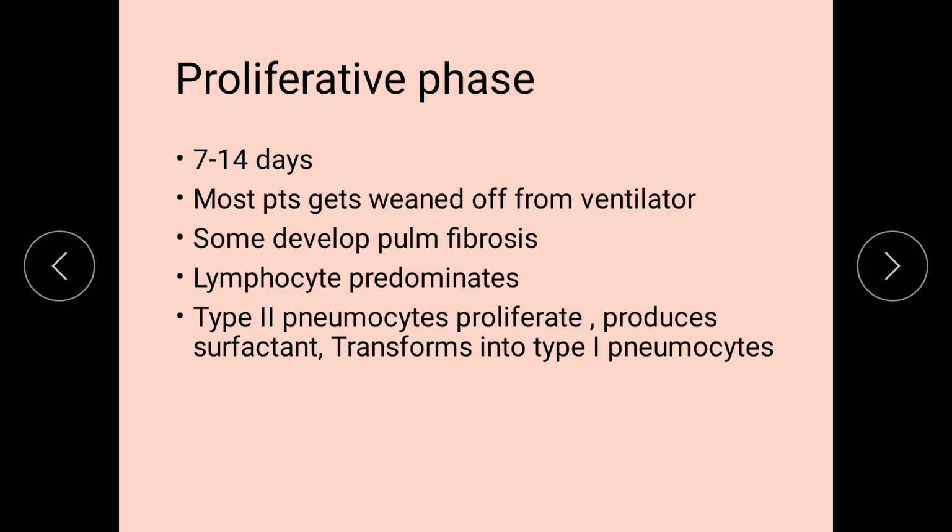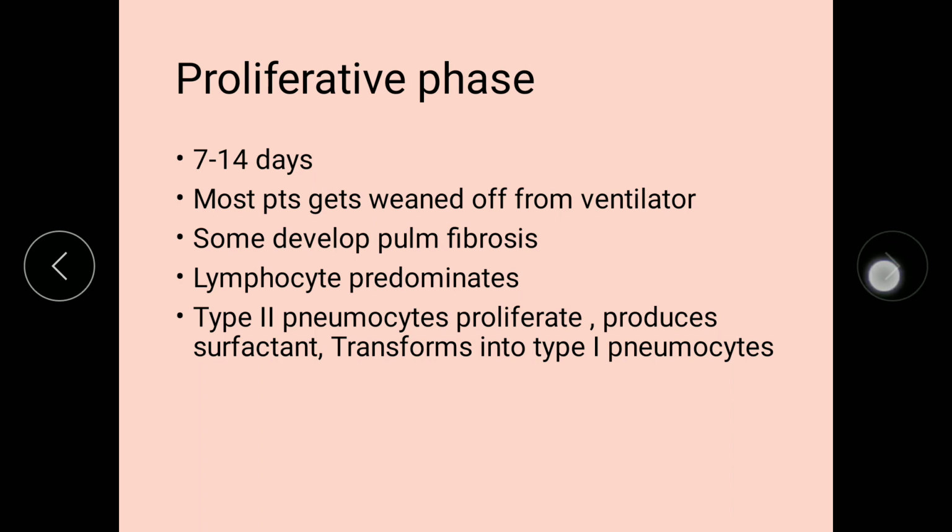Proliferative phase, this occurs during the next 2 weeks, that is from the 7th to the 21st day. Most patients will be weaned by this time, but some enter the fibrotic phase. Some develop pulmonary fibrosis also. Here, lymphocytes predominate in the alveoli, whereas neutrophils are the predominant cell in the exudative phase. Type 2 pneumocytes proliferate, and these produce surfactant, and also get differentiated into type 1 pneumocytes, thereby restoring the